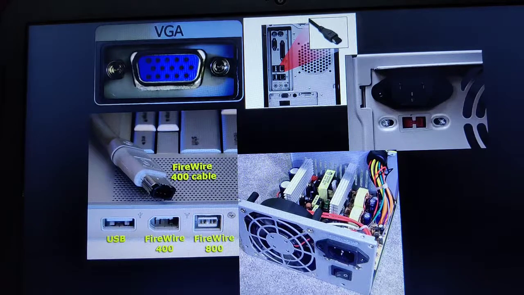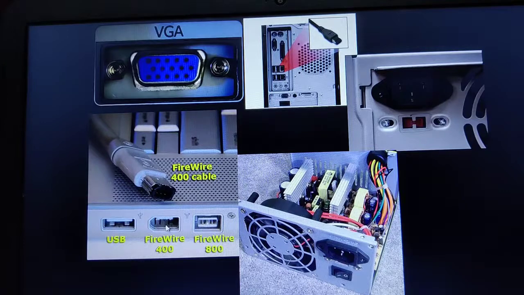One is the 4-pin connector. If I am having the 4-pin, this is 1 2 3 4, you can see here internally 1 2 3 4. If it is a 4-pin FireWire connector, then the data transfer rate through this port would be 400 megabits per second. And one more, we have the 6-pin. Similarly, a 6-pin FireWire connector also provides a data transfer rate up to 400 megabits per second.